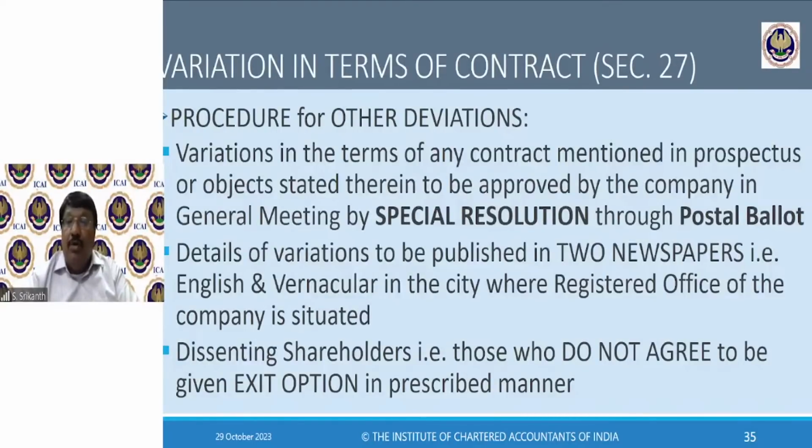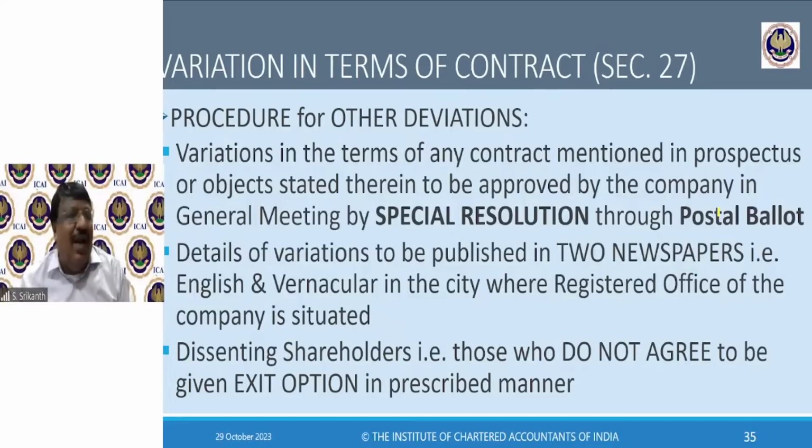but through postal ballot, so that, see, there may be shareholders who are busy. Poor fellow is working from Monday morning till Saturday night. How will he come and vote in your meeting? So he should be given some opportunity now. Sitting in his office, he can fill up the postal ballot form and send it. Or even you can have electronic voting. He can participate through electronic voting, so that if he doesn't want, he can say no. So if a sufficient number of people say no, then the special resolution cannot be passed.